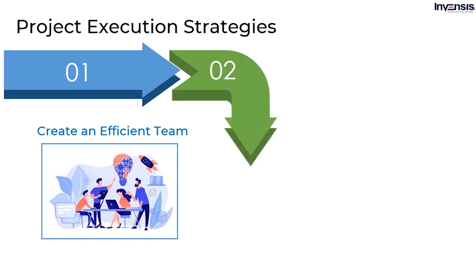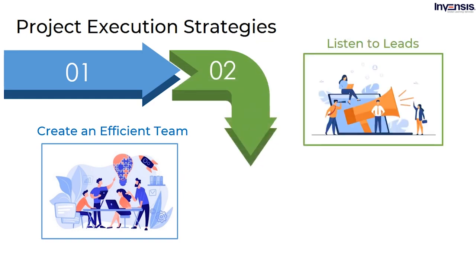Next, we have listen to leads. The project managers cannot see into the future and predict risks and challenges. However, thanks to their hard work and expertise, they have developed a spider sense, which allows them to detect a threat or issue while in their formative stages and, unlike Spider-Man, evade it before it harms them. Furthermore, the manager must be capable of listening to the members. Listening is a fundamental ability that is required for effective communication and project management. Some issues are beyond your area of expertise, and your team's aggregate experience can assist you in overcoming these obstacles.